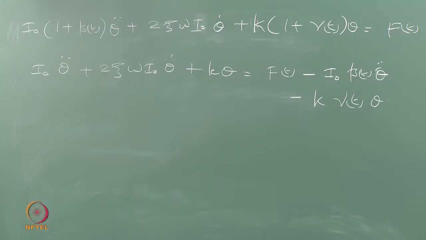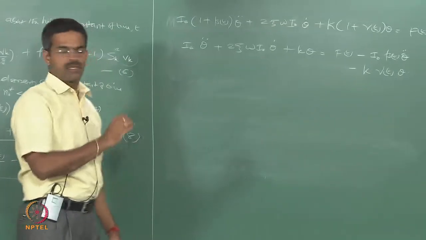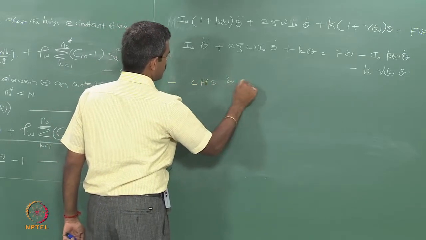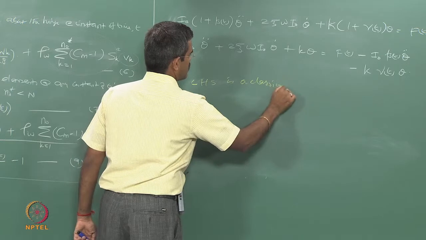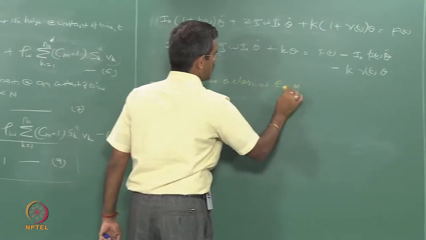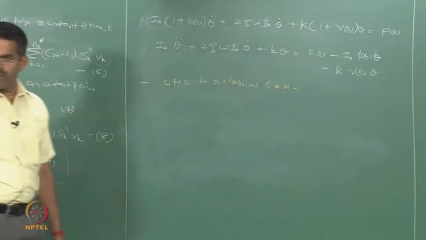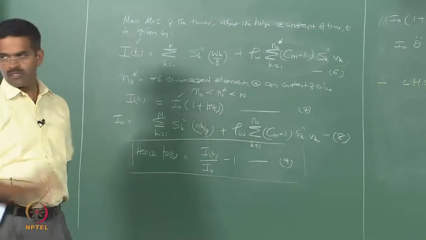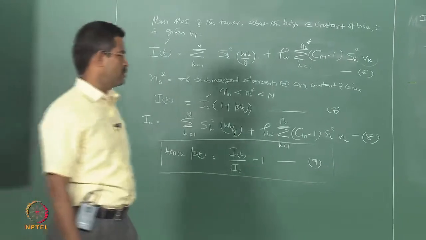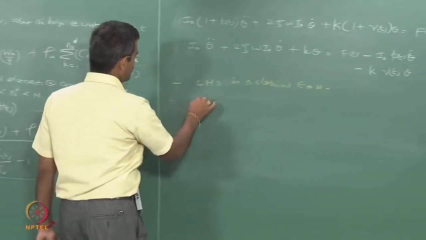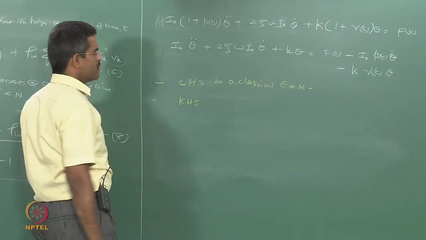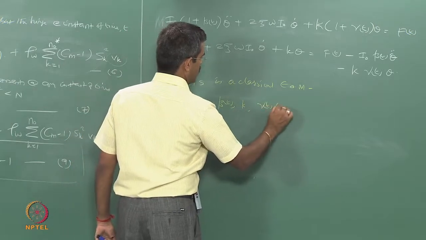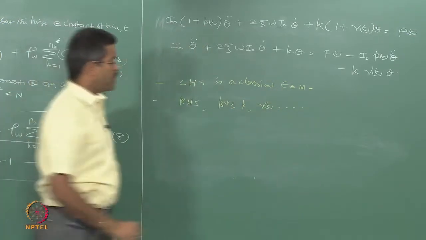Now, look at this equation, there is a strange characteristic of this equation. One, the left hand side of this equation is a classical equation of motion for a multi-degree freedom system, provided theta is the size of the vector. In this case, it is only one, because only one rotation is being assumed. If you look at the right hand side of the equation of motion, there are functions like beta t, k, nu of t, etc., which are all functions of theta itself.